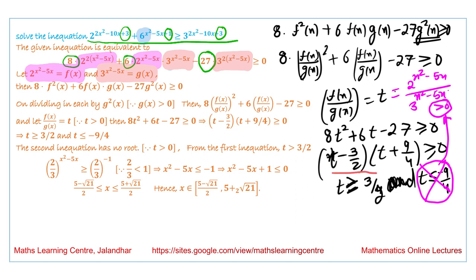This is not possible because t is always greater than 0. Now from this part, we are saying that t is greater than or equal to 3 by 2. So what we obtain is that 2 by 3 raised to the power x square minus 5x